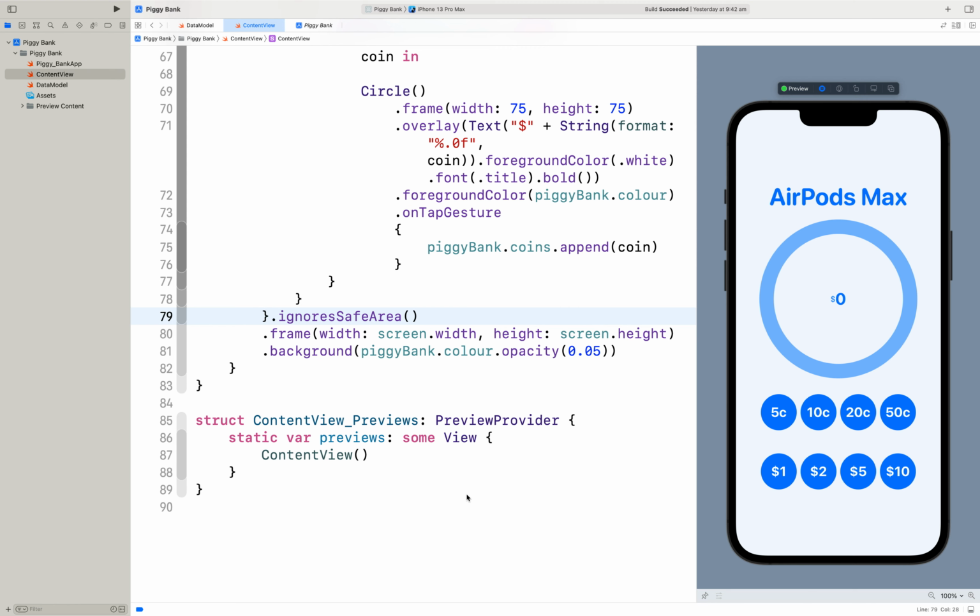So this is going to be a quick little video to clean up some of the code from the last piece of work we did on the user interface. The text here is quite ugly in terms of its code. We've got a $ sign added to a string that's been formatted to be 0 decimal places based on the value